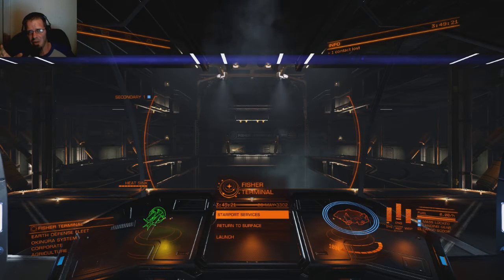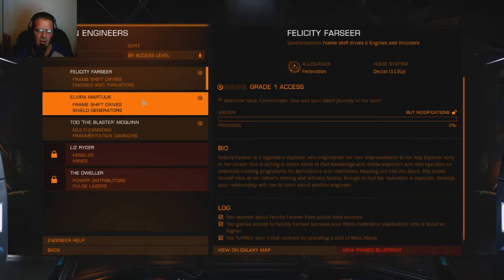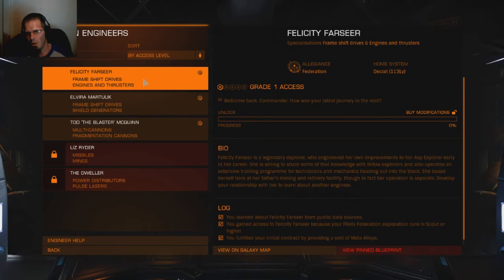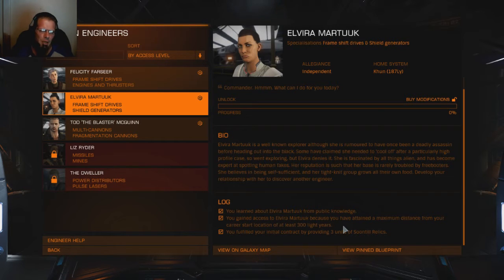The other thing that's funny with the engineers is Felicity and Elvira. One of them needed Meta alloy, and the other one needed Soontil relics. When they let this go live, there was a war going on in the system where you get the Soontil relics, and it's like Injit. If you look in the description when I post this video, I will put the name of the 2 systems you need to go to. Then you just go to the biggest station and you can actually buy the relics and the alloy from the station,